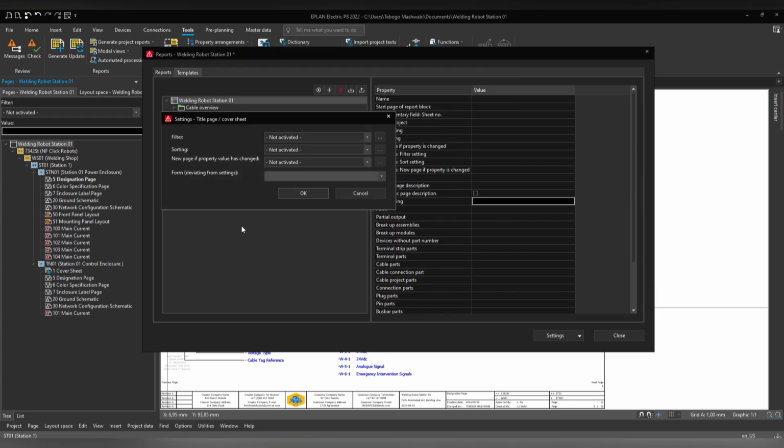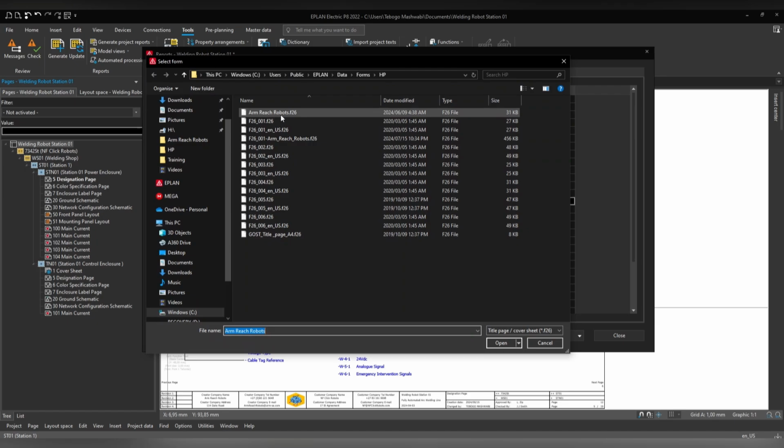And then the last one we're going to create, it's a title page, basically the cover sheet. And right here we're going to use the Rich Robots. So you should use the title page cover sheet form that you created. So you created a form in one of the lessons previously, so you need to select that type of form. So I'll select the Rich Robots, which is the one that I created, and I'm going to say open,